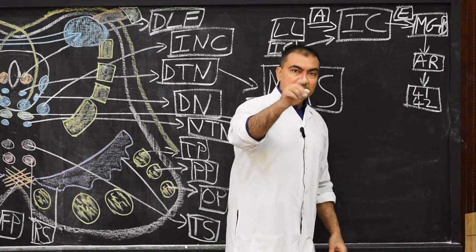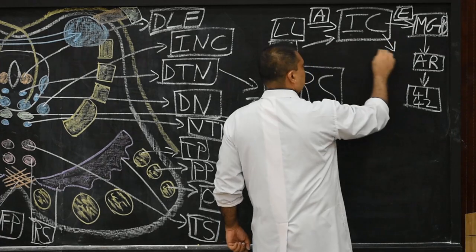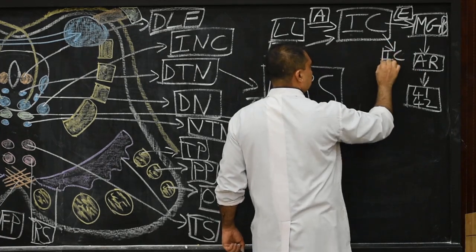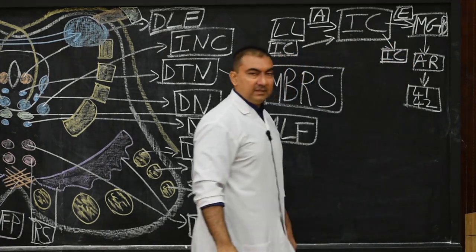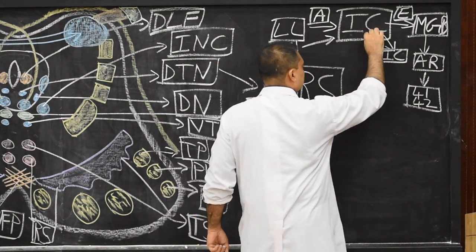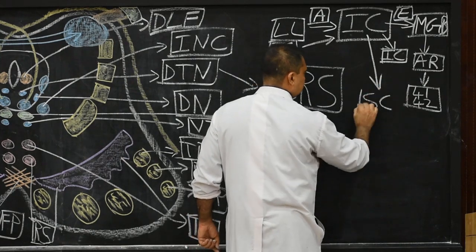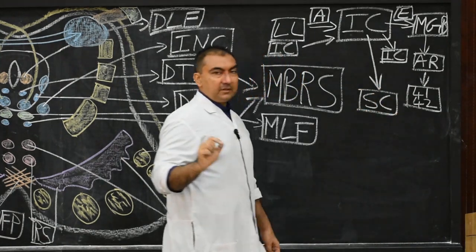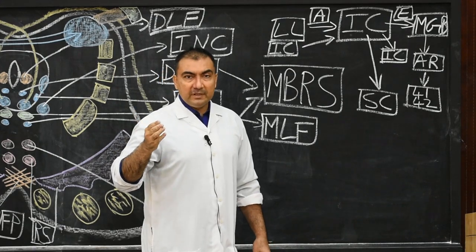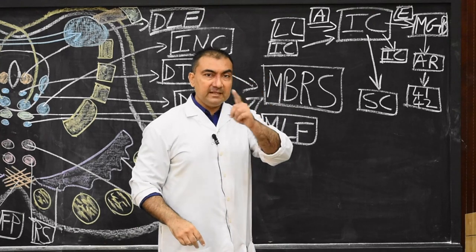And also this inferior colliculus is connected with the inferior colliculus of the opposite side. Through this come fibers. Right and left both are interconnected. And the last set of fibers which the inferior colliculus will send, it will send to superior colliculus. Ipsilateral superior colliculus. If the right side inferior colliculus is there, it will send its fibers to right superior colliculus. Left side it will send to left. And why is this important?